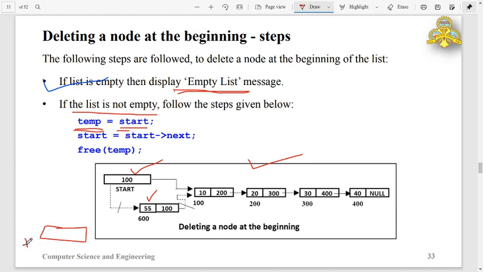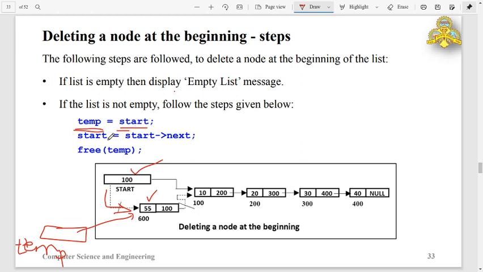One is temp pointer, that is also pointing to the first node, and start is also pointing to the first node. So at this step I have two pointers pointing to the first node. So it's like this.